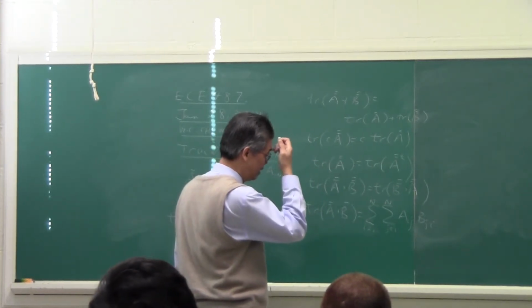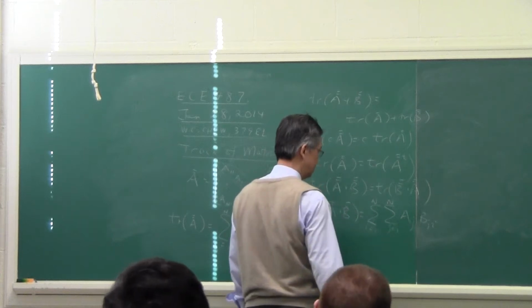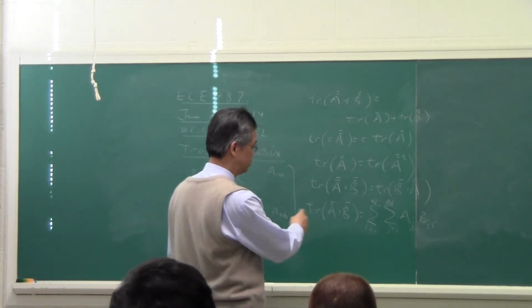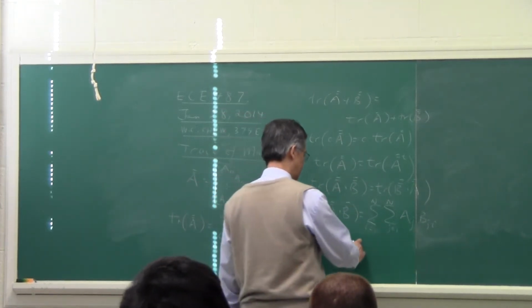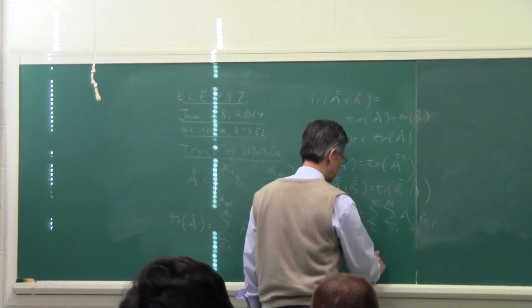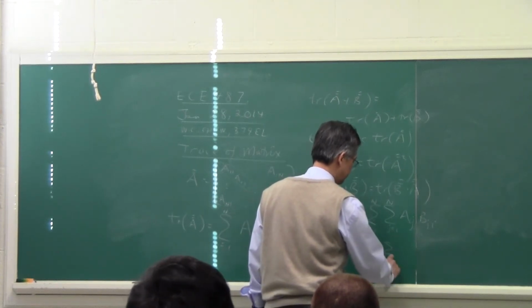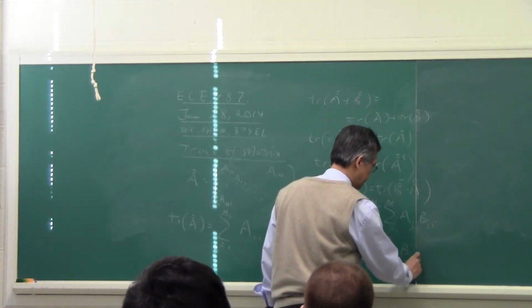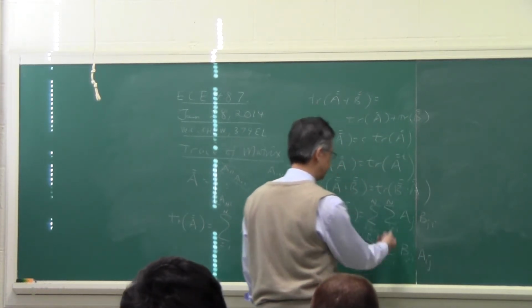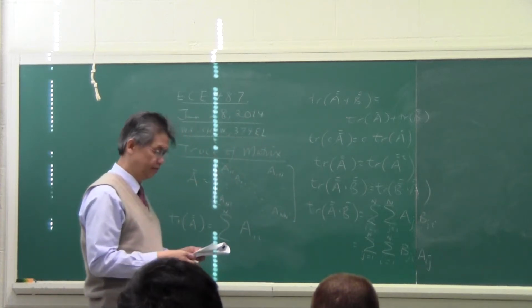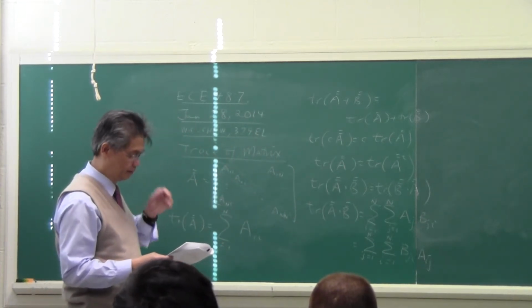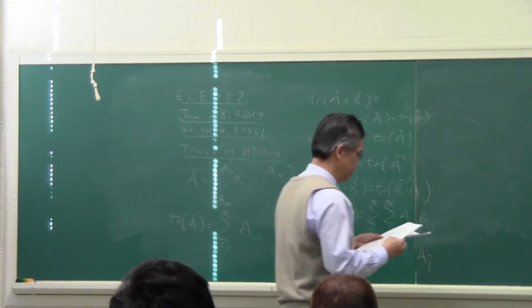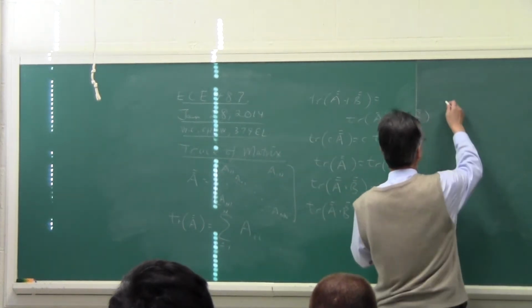Okay, so you can see that if you revert this order, it doesn't matter because the summation remains the same. If you were to reverse the order, reverse the summation, then it's just Bji, Aij. Okay, so trace does not depend on the order of the matrices, and you can show this,